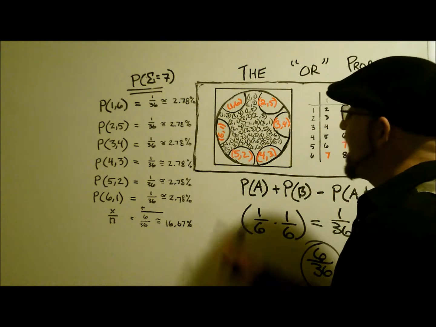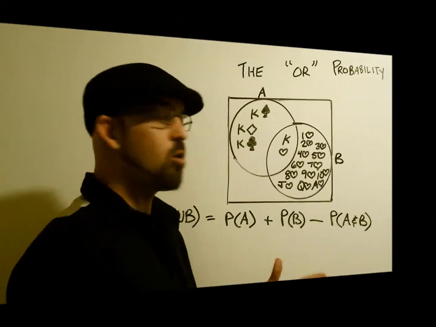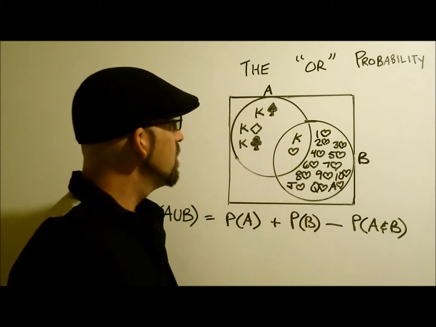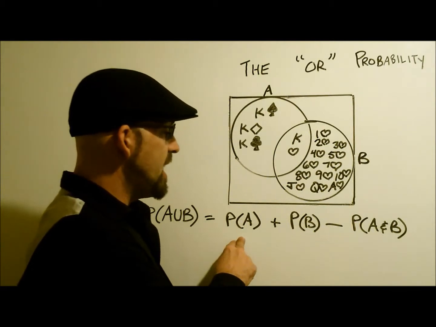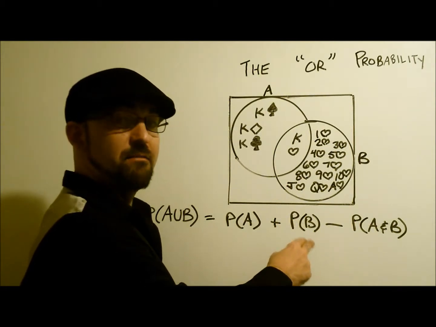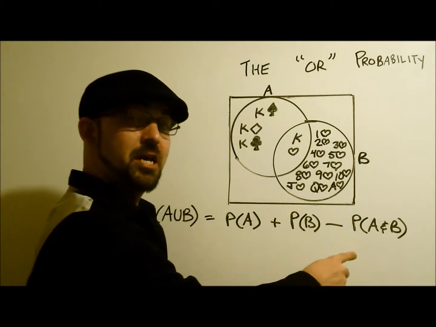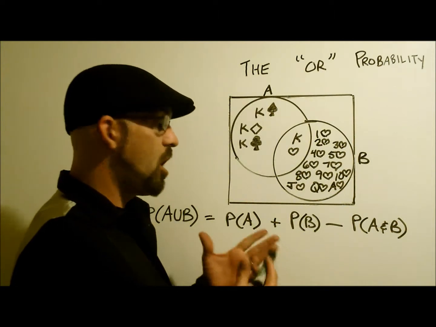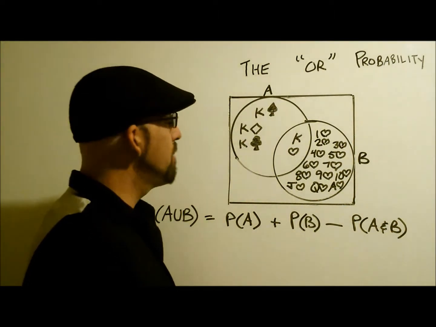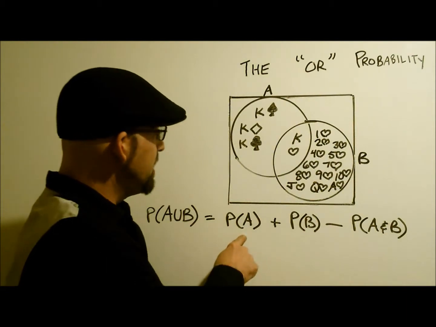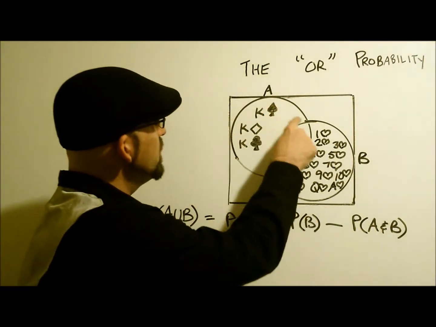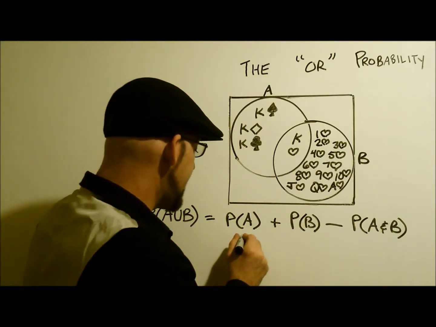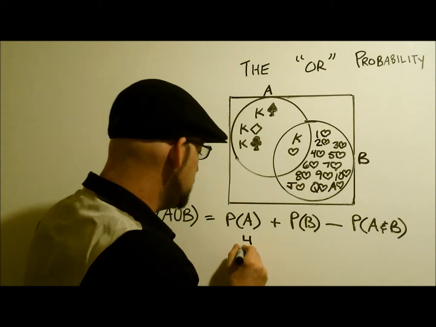Let me show you another one that has an overlap. Here's an OR probability that has an intersection. So, we know the probability of A plus the probability of B minus the probability of A and B. That tells us what our A or B probability is. So the probability of A is 1, 2, 3, 4 out of 52 total cards in a standard deck. So 4 out of 52